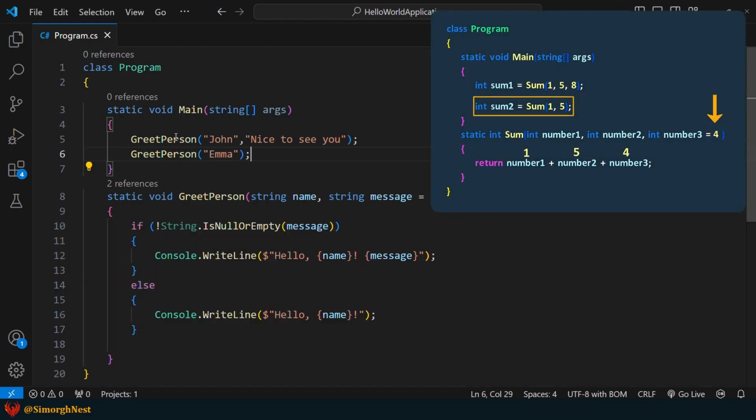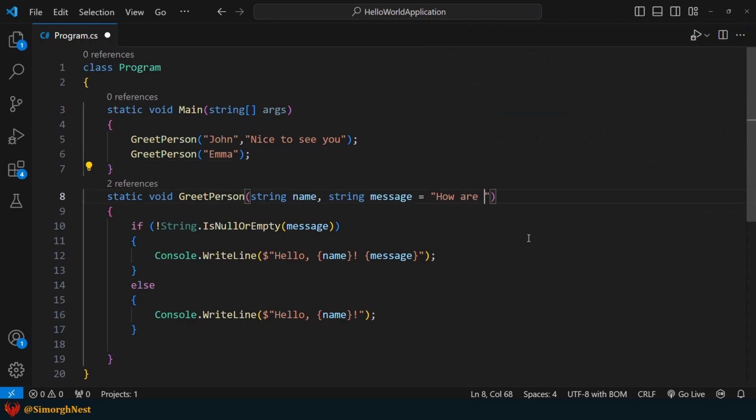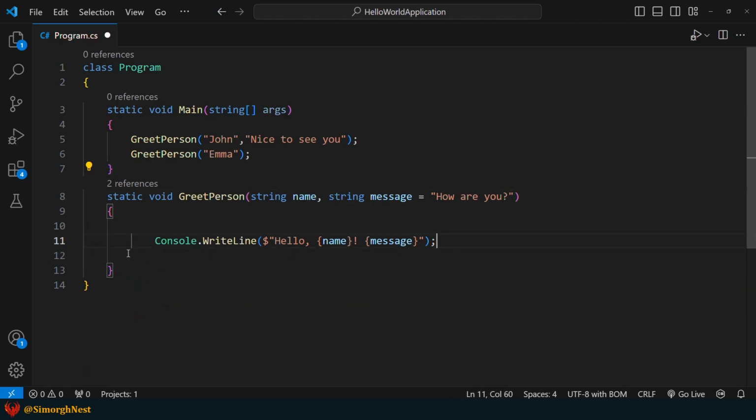Alright, as we mentioned earlier, when we don't provide a value for an optional parameter, it doesn't get ignored. Instead, it uses the default value specified in the method signature. To confirm this, let's set a proper default value for the message parameter. Also, let's remove the if and else statements from the method.